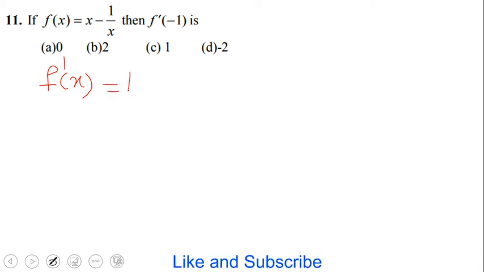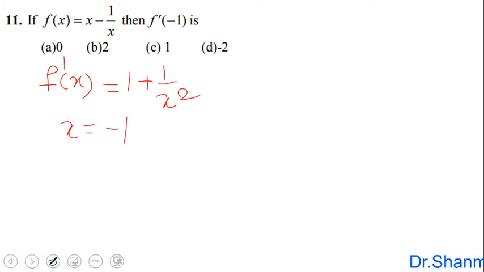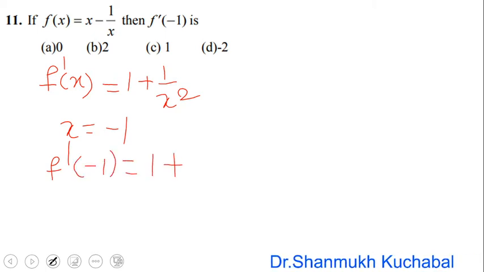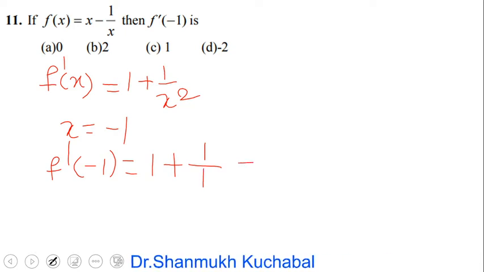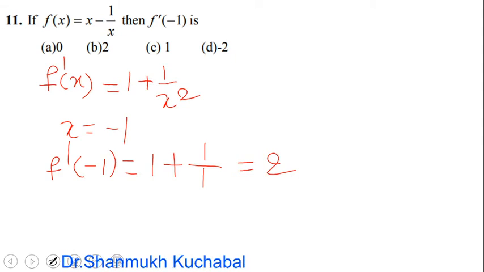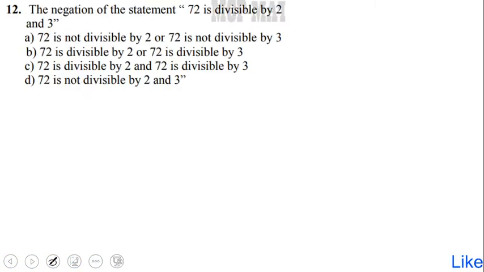So x differentiation is 1, minus 1 upon x square differentiation is plus 1 upon x square, we are going to get it. So wherever x is there, we have to do a substitution as minus 1. So we get f dash of minus 1, we are going to get this as 1 divided by, see, minus 1 square plus 1, 1 plus 1, we are going to get it as 2 here. Therefore clearly option B is the right answer over here. So within 2 or 3 steps we should get a solution here. Okay, so we'll move to our next example.